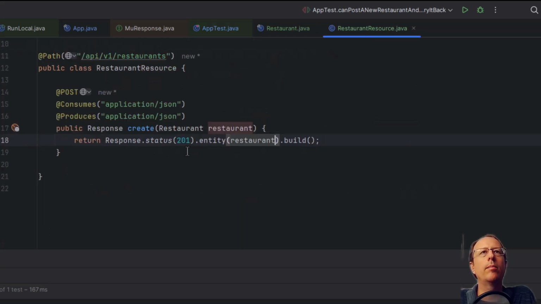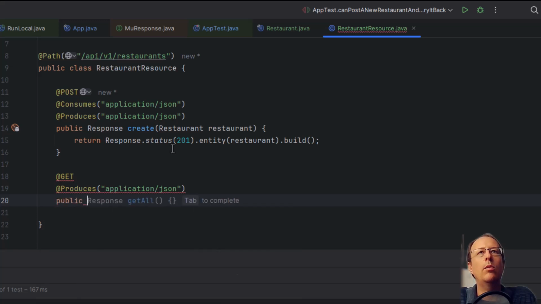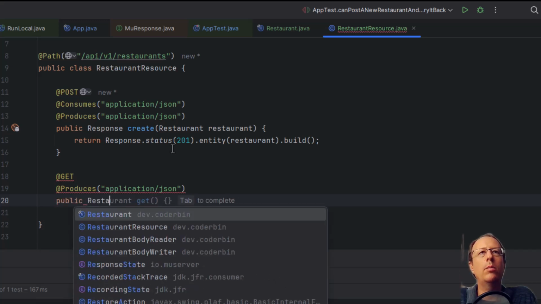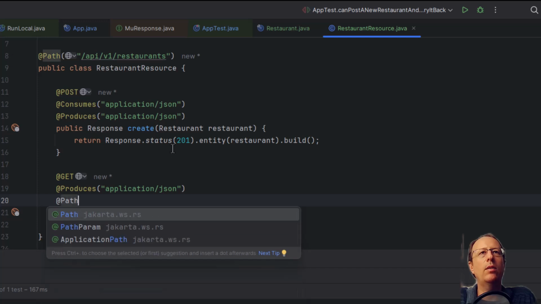Let's do that. This is a GET endpoint, produces application JSON, and we are going to return a restaurant object from the path, which needs an ID. So let's specify the path as well.